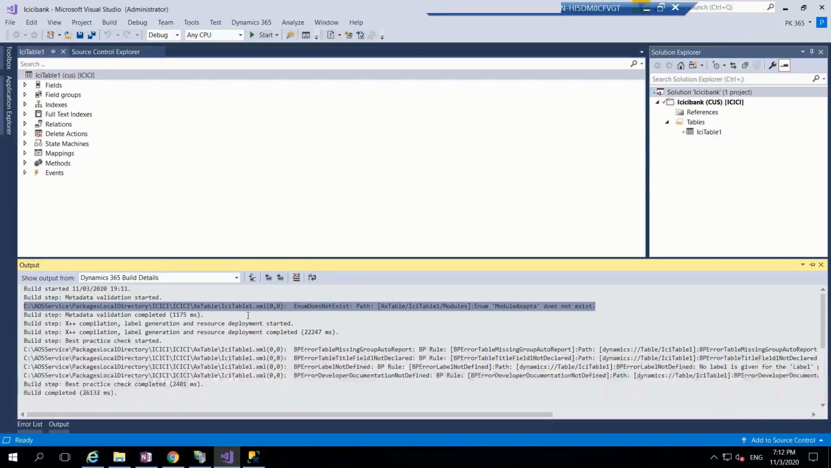And then if there are any errors, it will throw the error. It will say metadata validation completed. And then it has come up with the X++ compilation. So in your X++ code, if there is any error, like a missing semicolon, or using a variable without creating it, it will pop it out. And if there are no errors, it will say